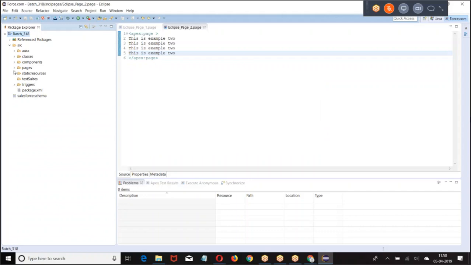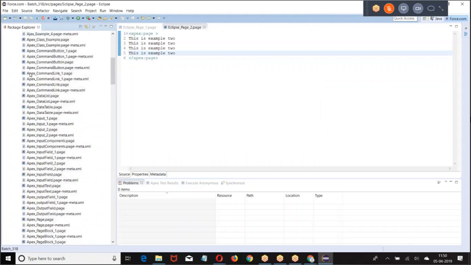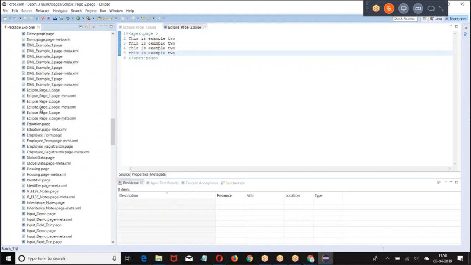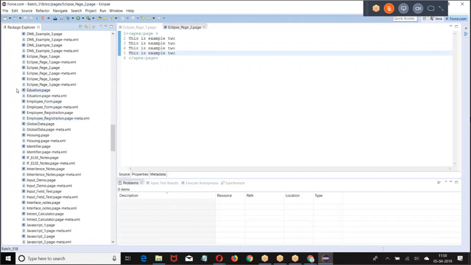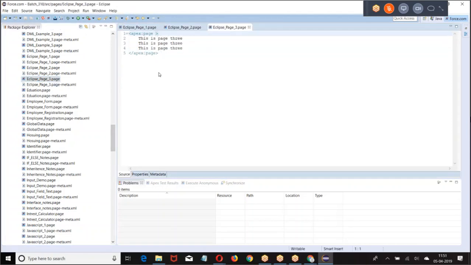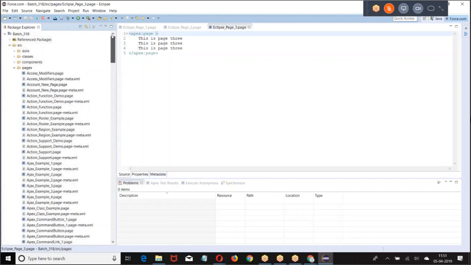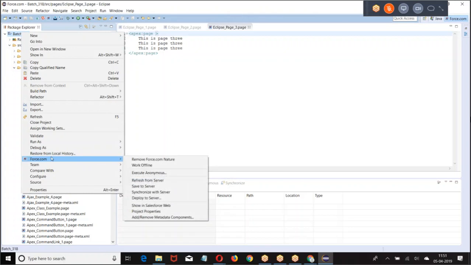Now, go back. Got Eclipse page number. Right, boss? Okay. Now, sometimes I made some changes, and there is no internet connection. Later on, I want to sync it. Then I say save to synchronize with the server. The synchronize with the server works both ways. The changes that are there in the system and the changes which are there in production, both will be synchronized. I hope you got my point.